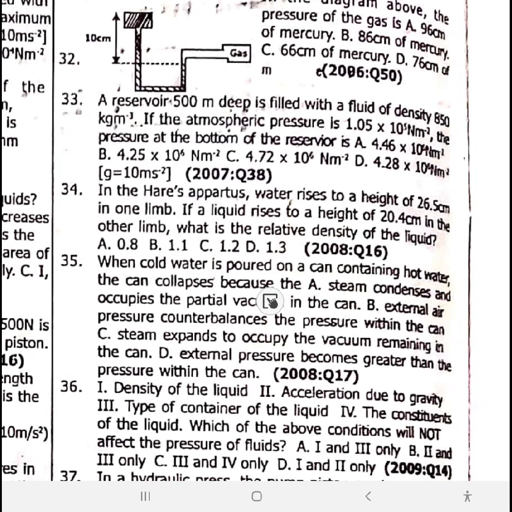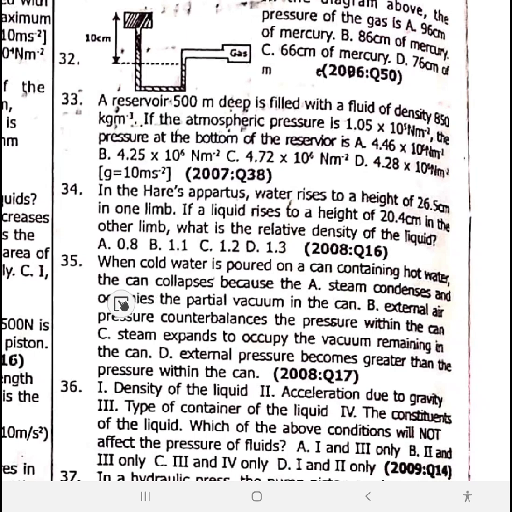When cold water is poured onto a can containing hot water, the can collapses. What causes the can to collapse? Let me see, option C, steam expands. No. The external pressure becomes greater than the pressure within the can. 35 is option D. So when cold water is poured on a can containing hot water,